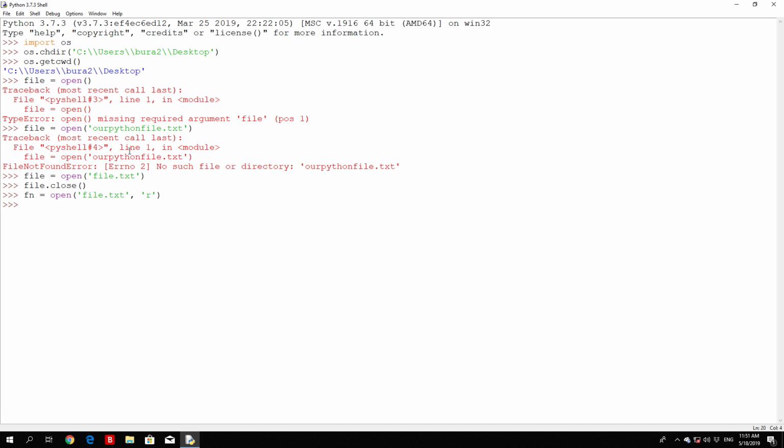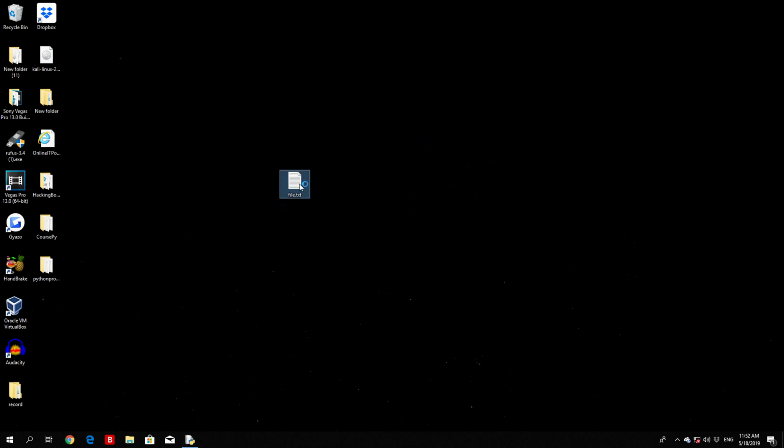What that means is basically that we opened an already existing file only to read the contents from the file. We can't really write to that file with this specific line right here. We can only read what is in that certain file. So in order to read the contents of the file, which we can check right here, it says hello there,